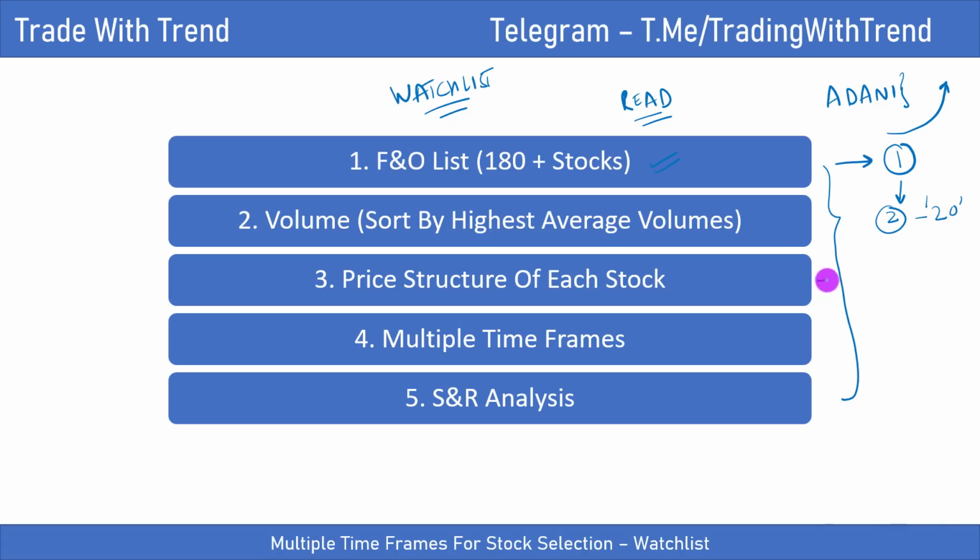So by the time I reach step 3, I already have something about 15 to 20 stocks that I then analyze further. And for each of these stocks, I then look at price structure. I look at multiple time frames and then simple support and resistance analysis that I've been teaching you over the last 3 to 4 videos. So these are the key steps that I follow. And based on these steps, last week I selected Adani Ports. And this week I have selected TCS. So let me just walk you through entire steps that I've looked into while analyzing TCS and the importance of using multiple time frame charts.